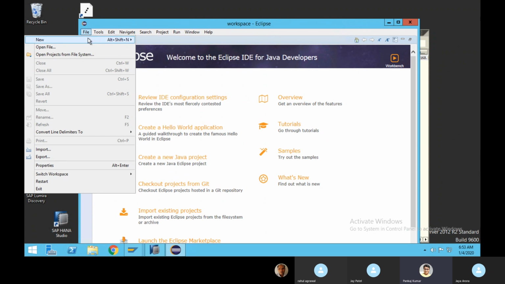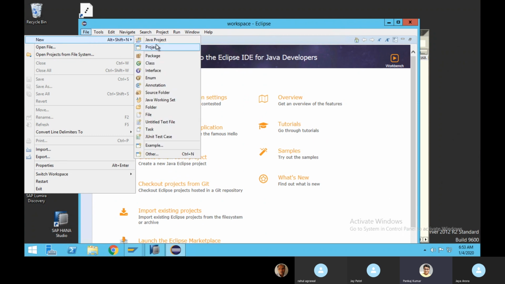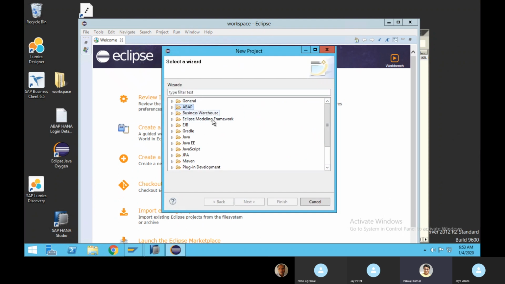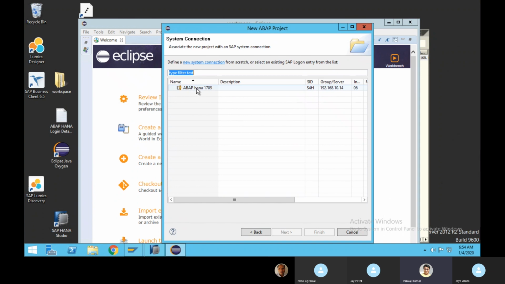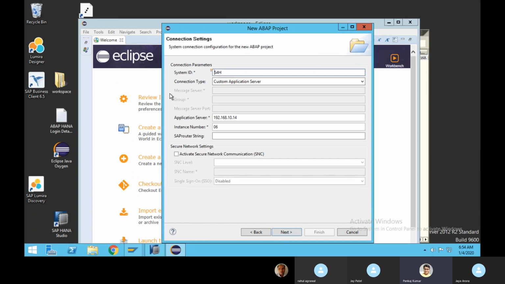Just go over here, click on this New button, and click on Project. Here also you have to create a project. You can see this ABAP option is coming because ADT has been installed over here. If it is not installed, you will not be able to see this option.